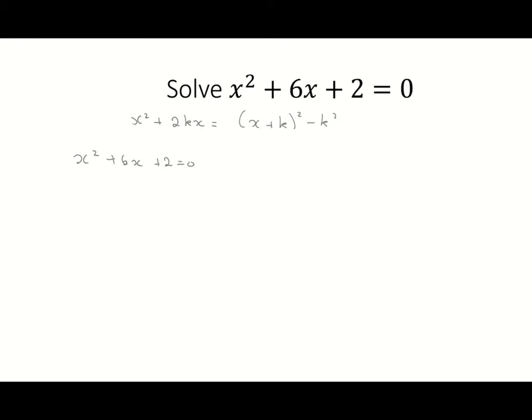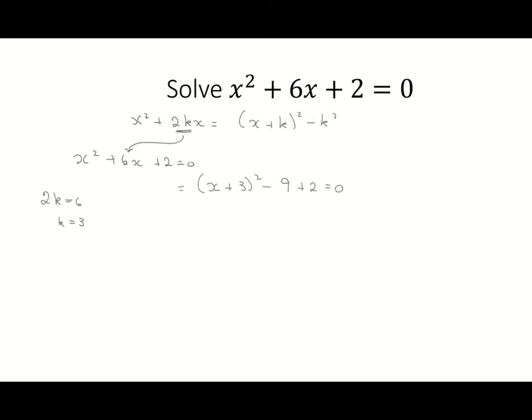So what we're going to do is we're going to say, well, 2kx, so 6 must be equal to 2k. 2k equals 6, so k equals 3. So on the right hand side we're going to rewrite that as x plus 3 squared minus 3 squared, which is 9, plus the 2 that was already there,